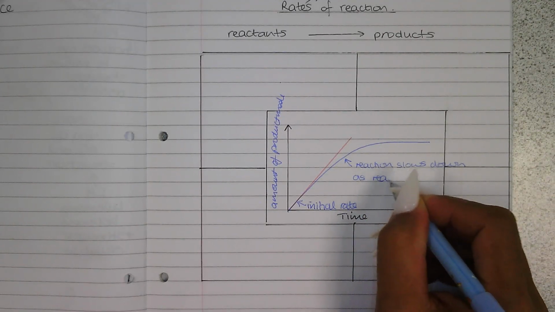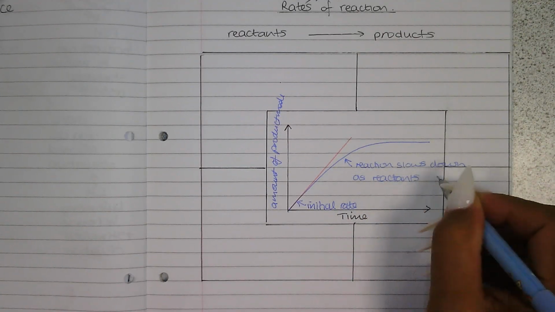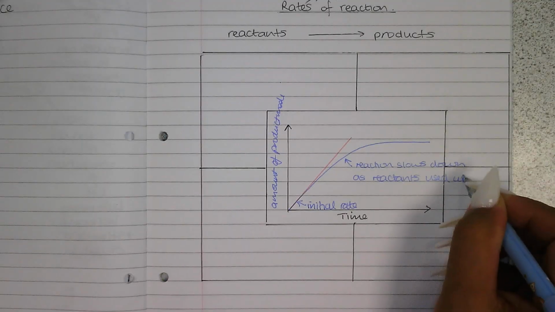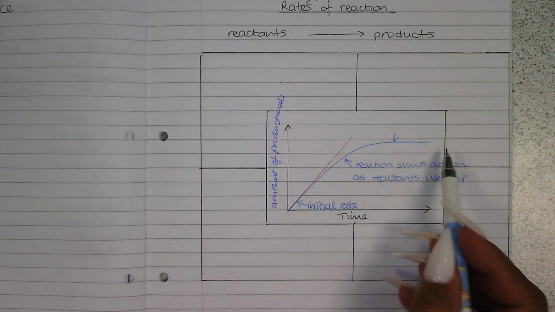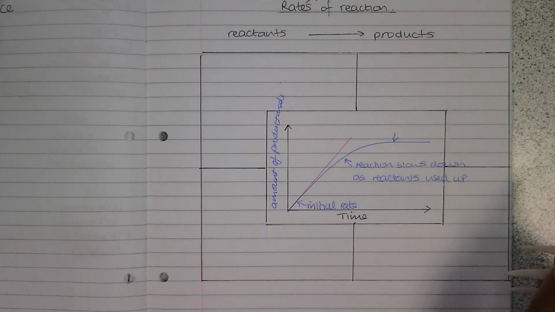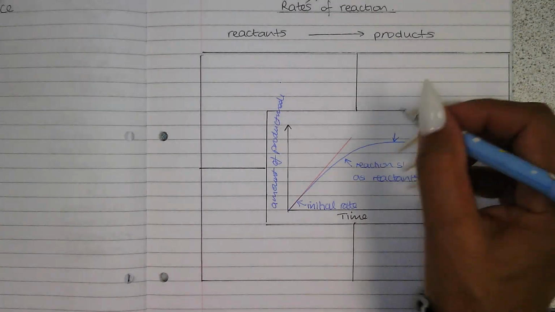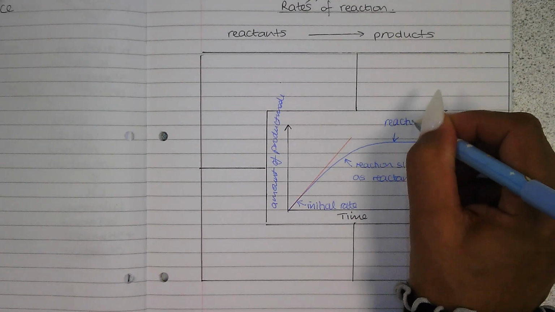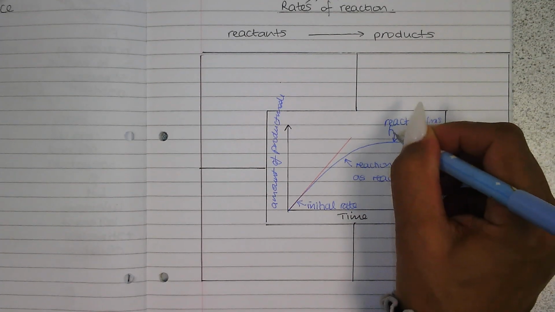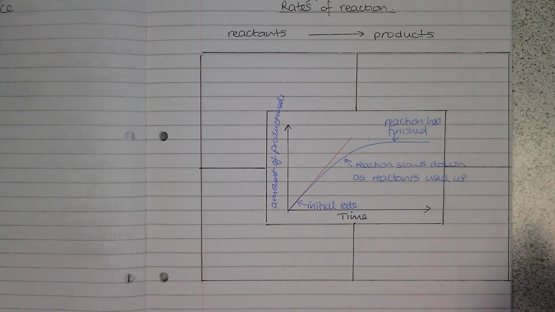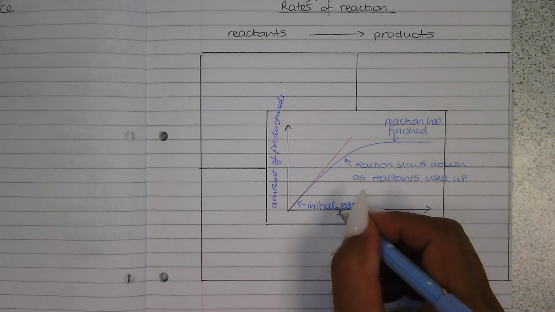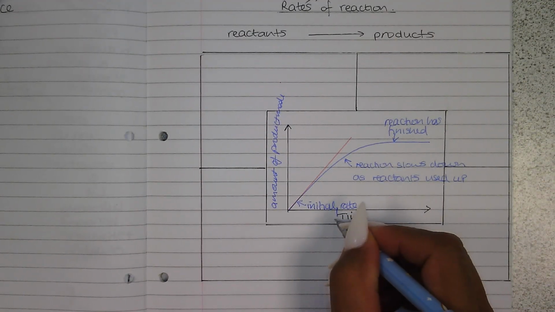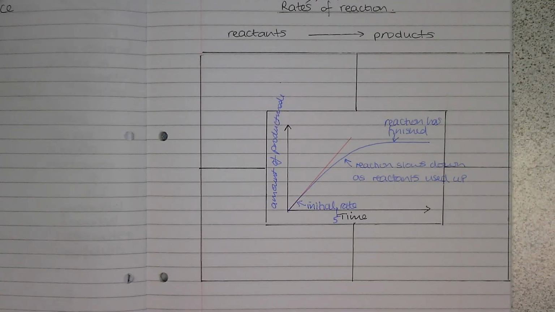As reactants get used up. And this region of the line, where the amount of product remains the same, means that the reaction has now finished. The reaction has finished. For higher paper, if the question says, what is the rate at 5 minutes, for example,